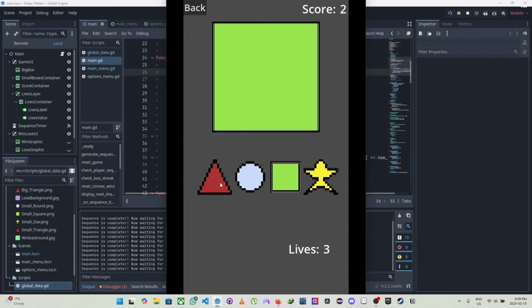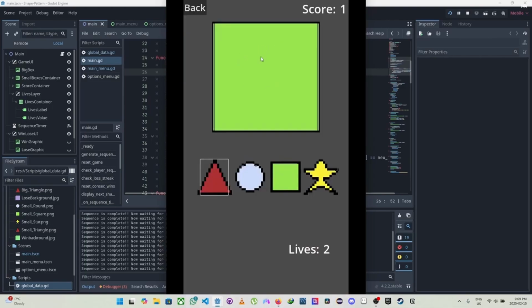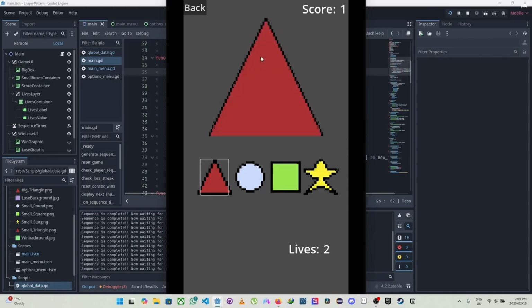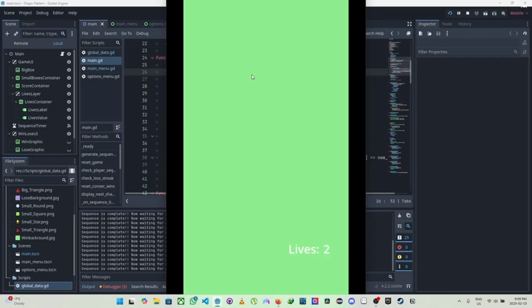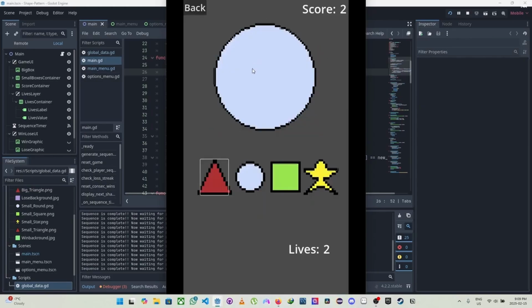Circle, box, star, circle, triangle. Oh no, I've lost. Circle, box, circle, box, triangle. Circle, box, triangle. Okay, now it's getting too long. Box, star, triangle, circle, triangle, circle. Box, star, circle, triangle,